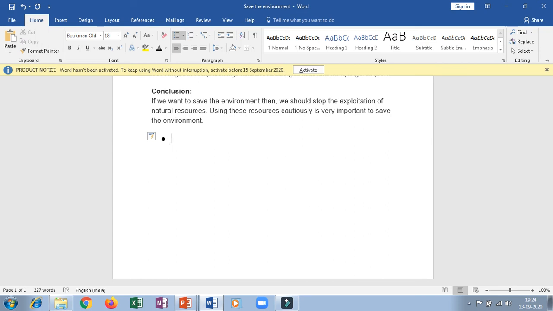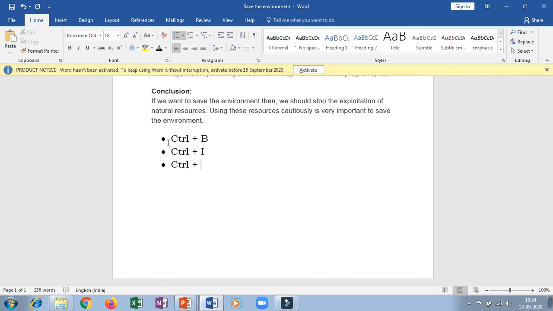So I'll write the shortcut key for bold, that is Control plus B. When you press the enter key, automatically a new bullet will be added. Okay, so I'll write the shortcut key for italics, Control plus I. Press the enter key, and again I'll press it, so you can see the next item you can add.